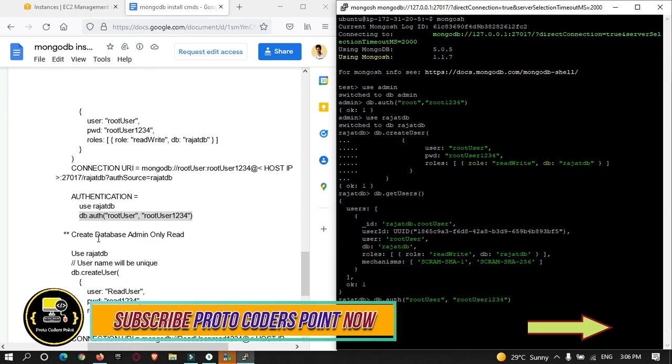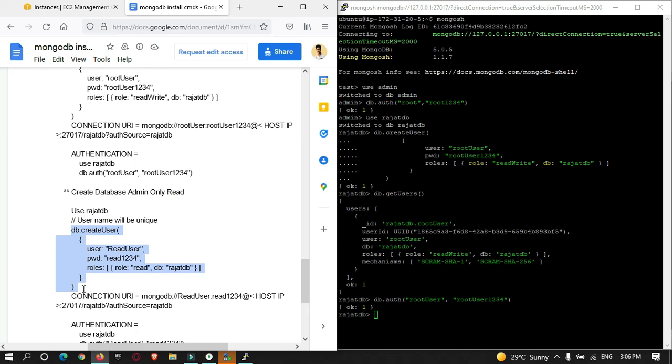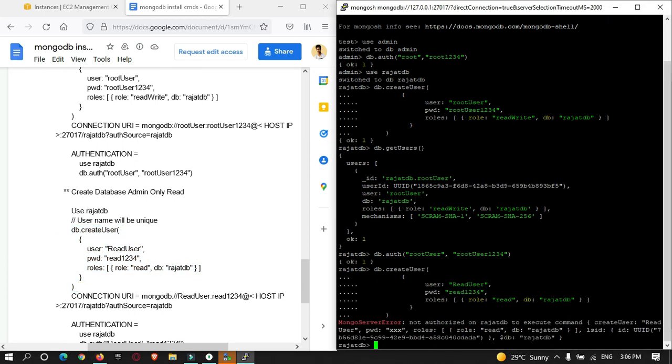And then read only permission for this user. So let's create it. So this is the query. The username is read user and the password is read1234 with the role as read for this database. Okay, so let me create.